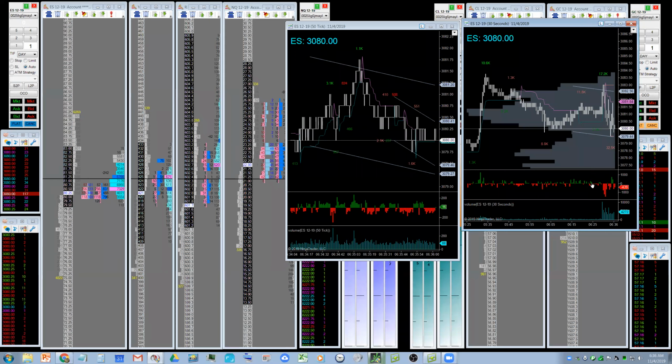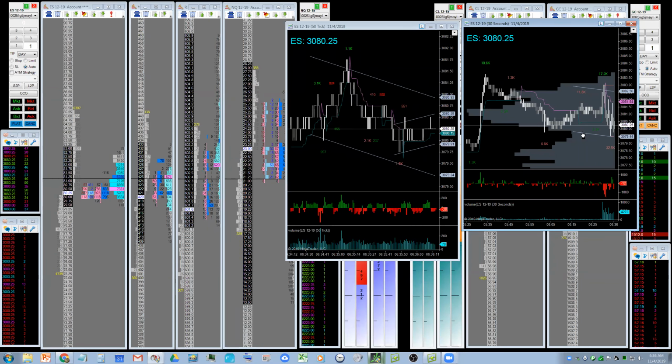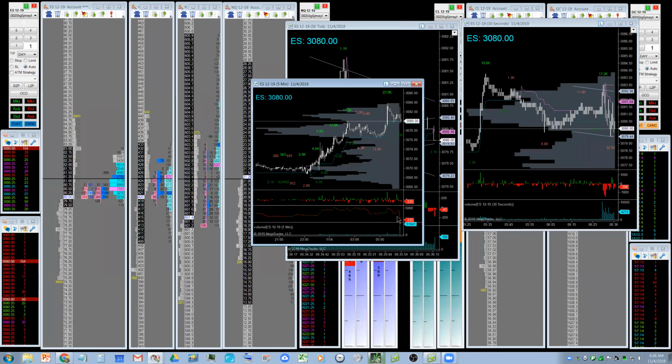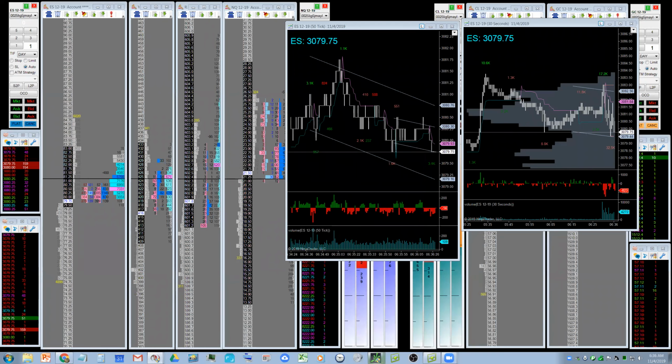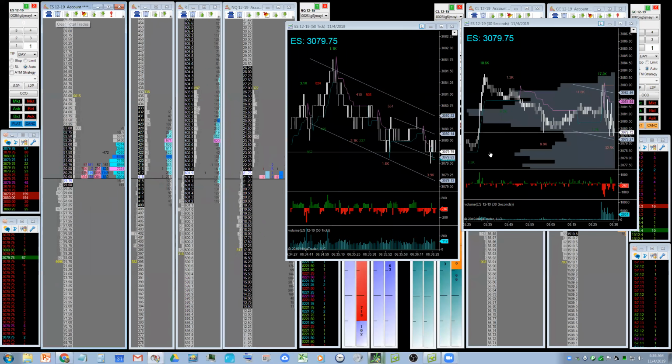Look at all that selling going on, but notice it has not impacted price. That is what the video from Axie is about that's posted in the workshop Slack. And the point is, just because you have a negative delta doesn't mean we're gonna go down. It just means that people are selling and it's not impacting the price. Do you get that? That's really important. Everybody who doesn't understand that, ask me in the chat window because that's a really key point. Understanding that a negative delta only means something if it's actually affecting the price and vice versa.